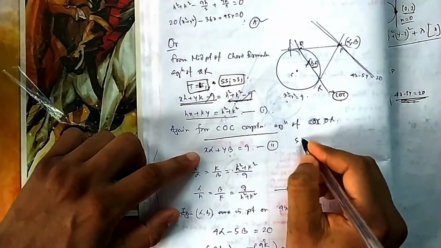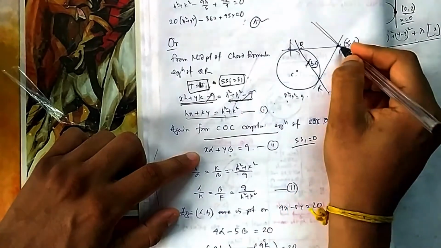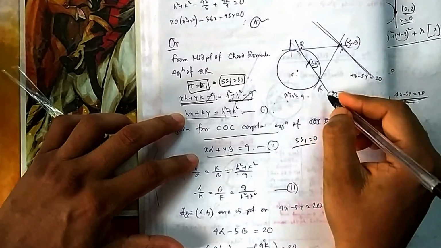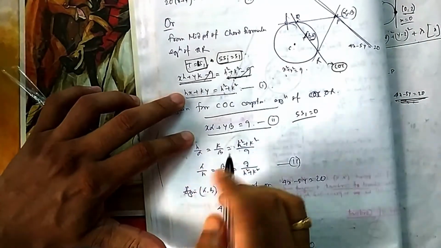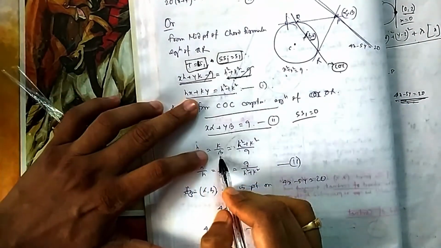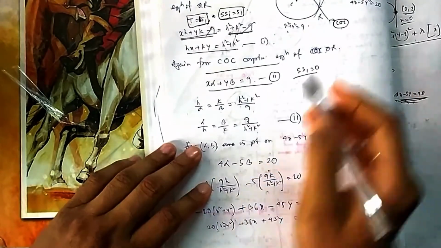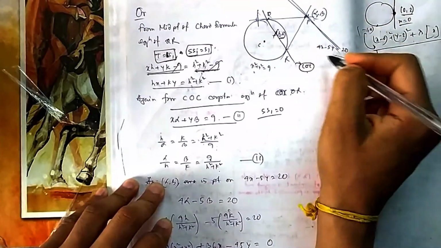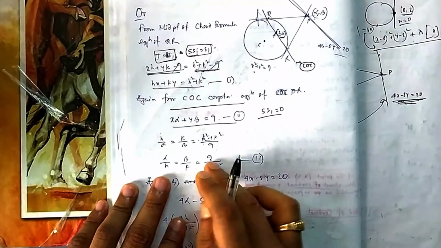So what is the chord for this line? Again, you know SS1 equal to 0. So with respect to this line, this should be equal to this one. But both these are the same line, so it should be the same, meaning A by A1, B by B1, C by C1 should be the same. So you got this point. But alpha beta lies on this line, so if you put alpha beta, it should satisfy. So you got alpha beta in terms of HK.